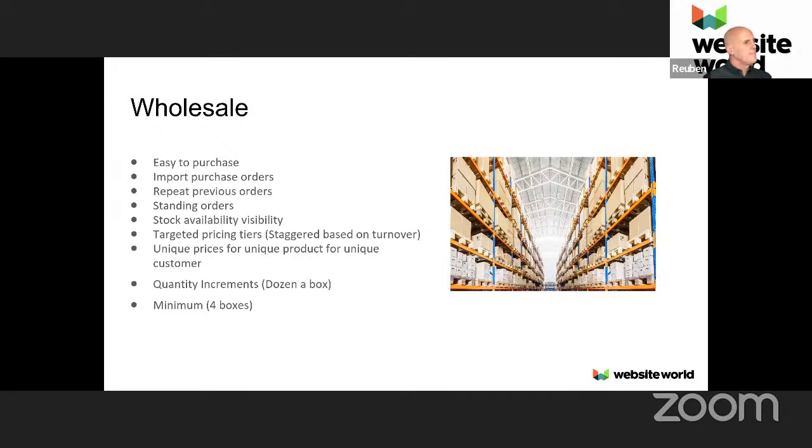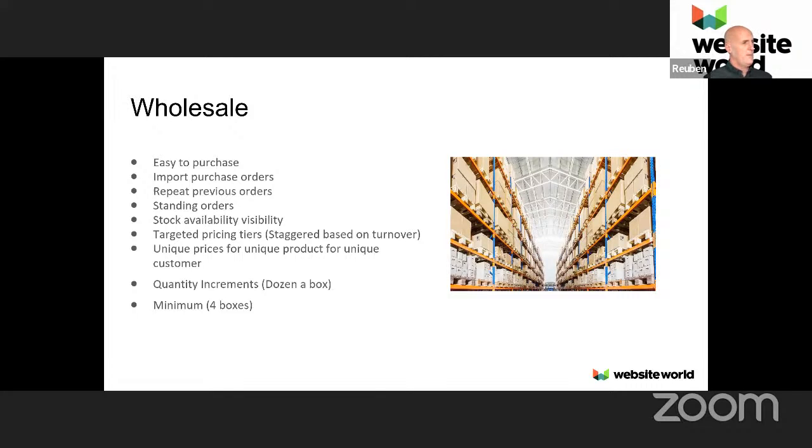With the right system, for example, Website World, you can put unique prices on unique products for a unique customer. So in general, the pricing tier approach might work very well, but if you just have one customer who buys one specific product a lot, you might negotiate a better deal for that product. And you want to set that in place, put it into your system, and just have that carry through automatically without other